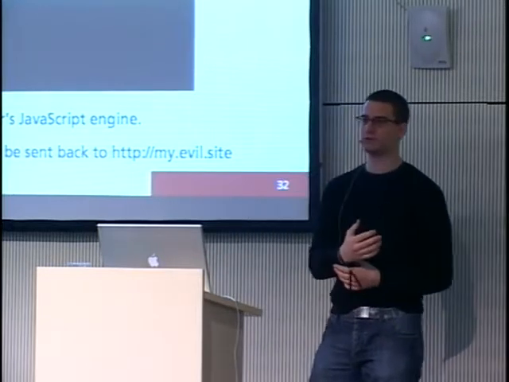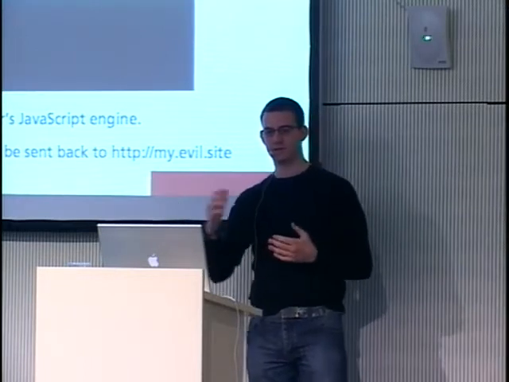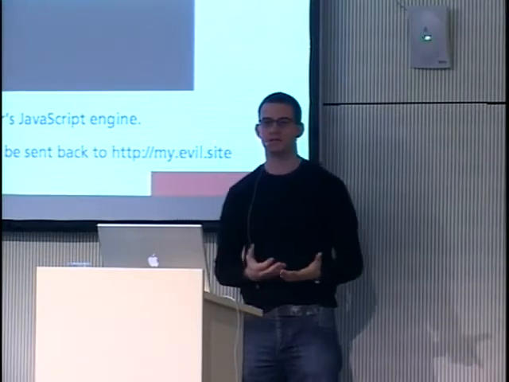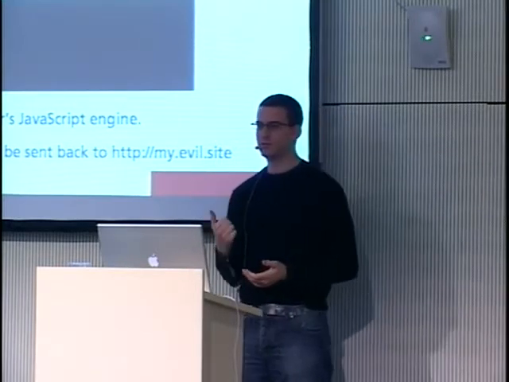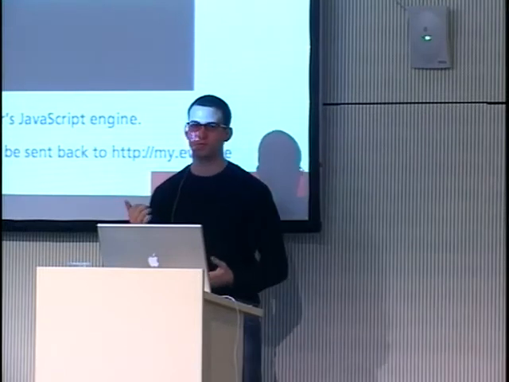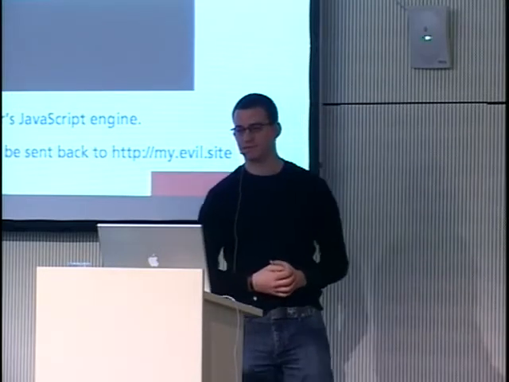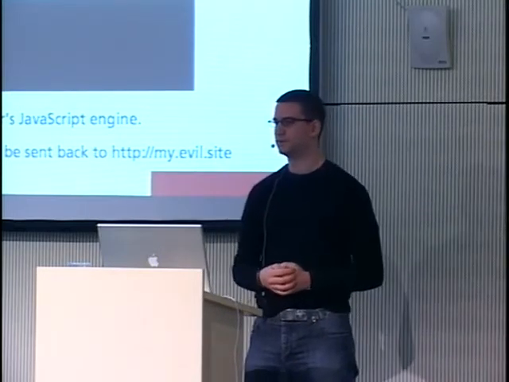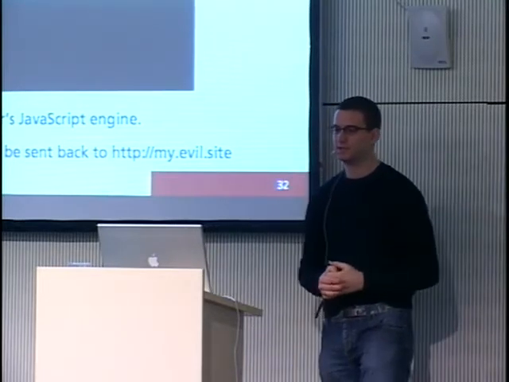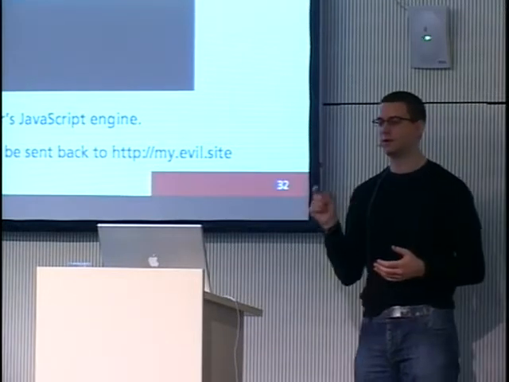And if you override the array constructor with a version that, after constructing the object, will just post it to another backend side, you can just steal all JSON information. So for example, in Gmail, it was possible to steal all your address book. In this case, it would be possible to steal all your past transactions. And because JSON is very, very popular in Rails as a data transport format, it's quite easy to get vulnerable to it. You basically just have to have a publicly known URL that outputs JSON,